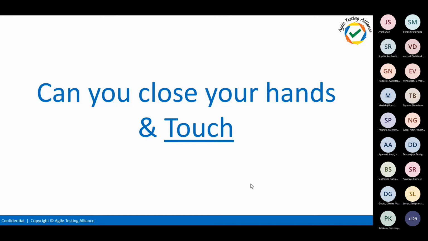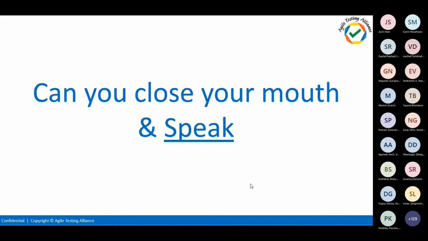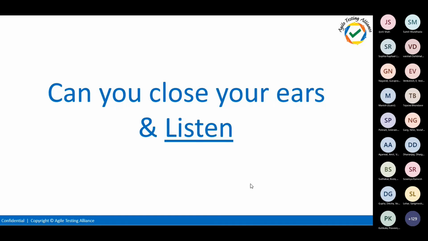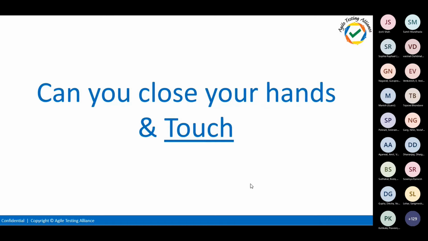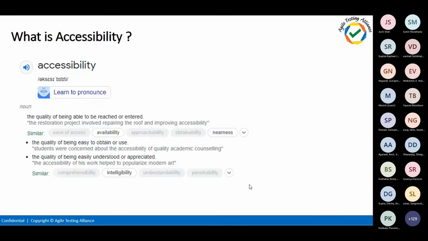But if you are able to do all these things, like if you can close your mouth and then speak something, if you can close your eyes and read something, if you can close your ears and listen to something, and if you can close your hands and feel the touch of something, then we call it accessibility. We have blind, deaf, dumb and other people, whom I used to call specially abled.